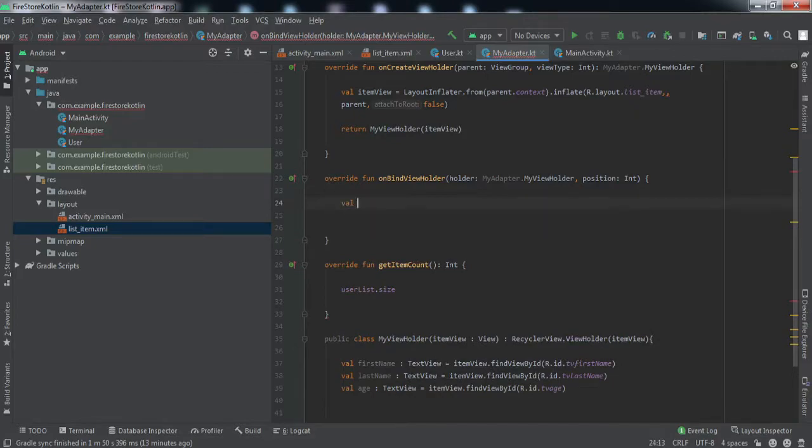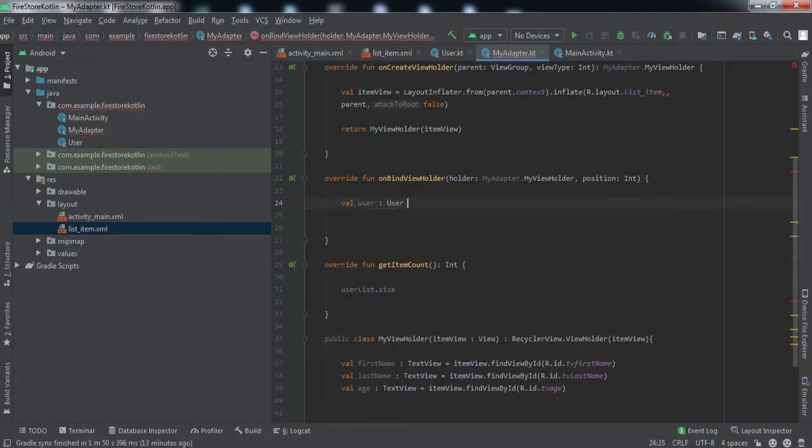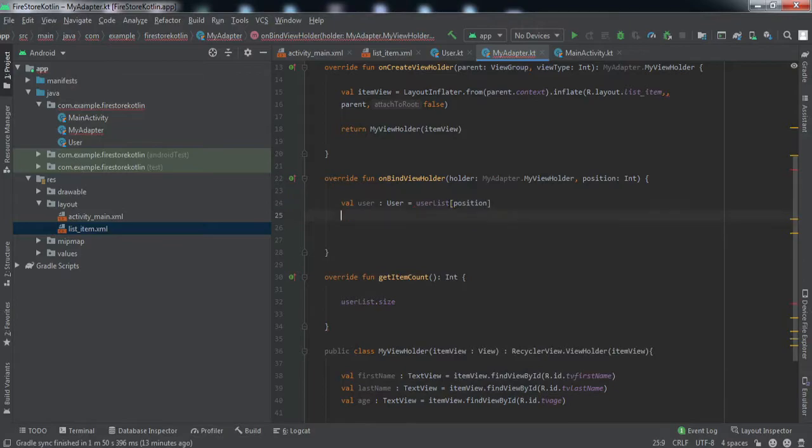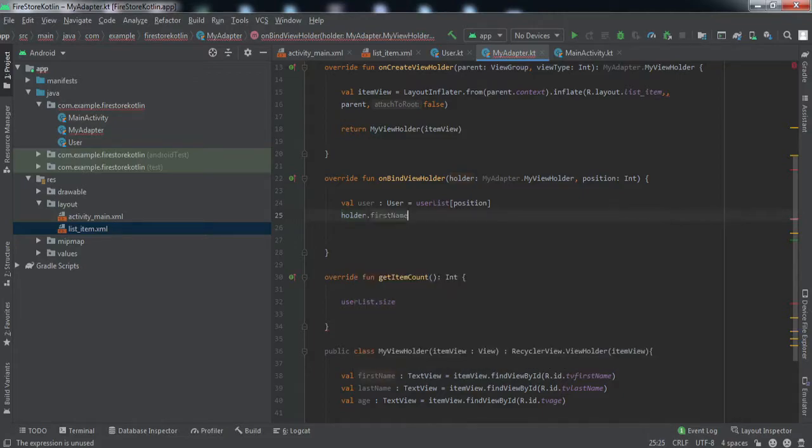So according to the position of the RecyclerView, we are going to get the user object from the user list, and we are going to populate all the 3 fields using this object, right?